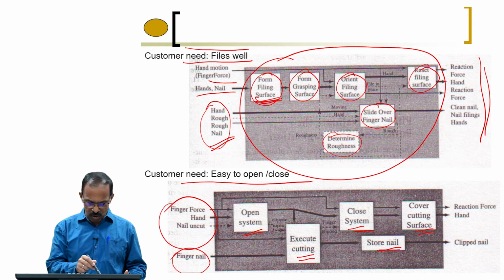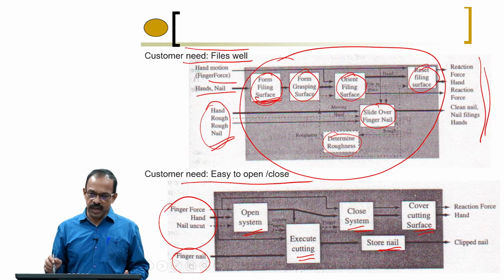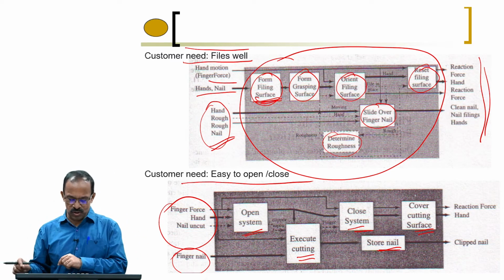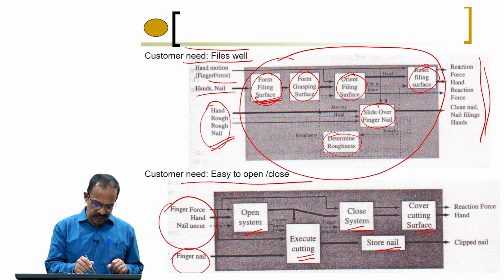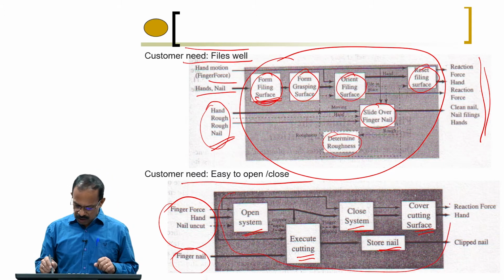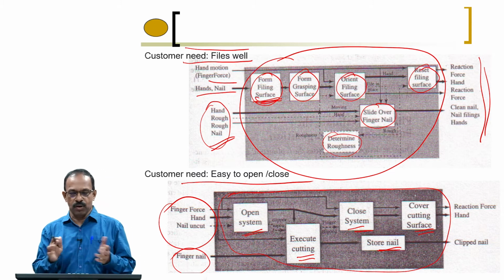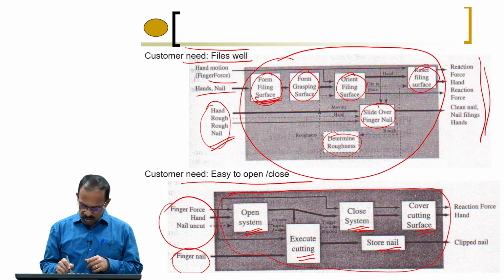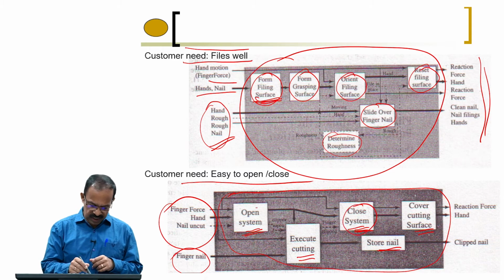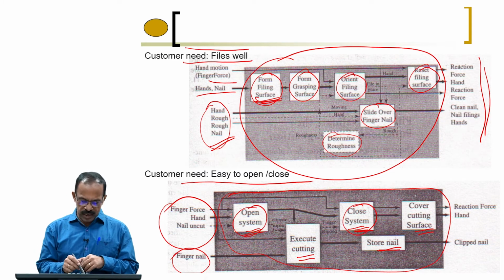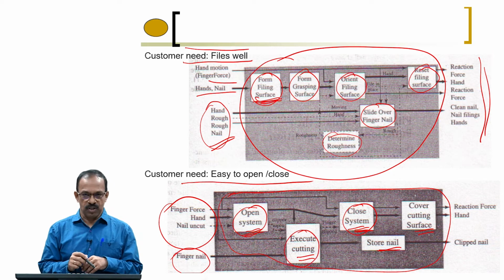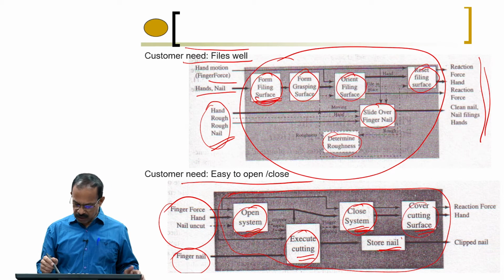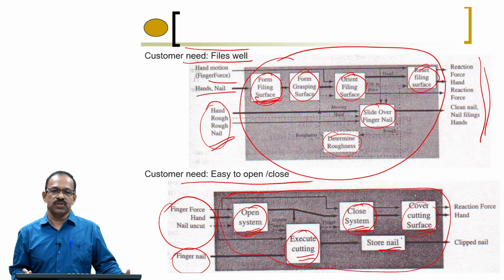These are the things involved in opening and closing, because we need to open it first, then do the process, then close it, and then store it. That is what is actually happening. We will see what functions are involved in the whole process between easy opening and closing, see where it is opening and where it is closing, and see how these functions can be improved, so that you will be able to have the proper cutting and then proper storage also later: cover the cutting surface and then close it.